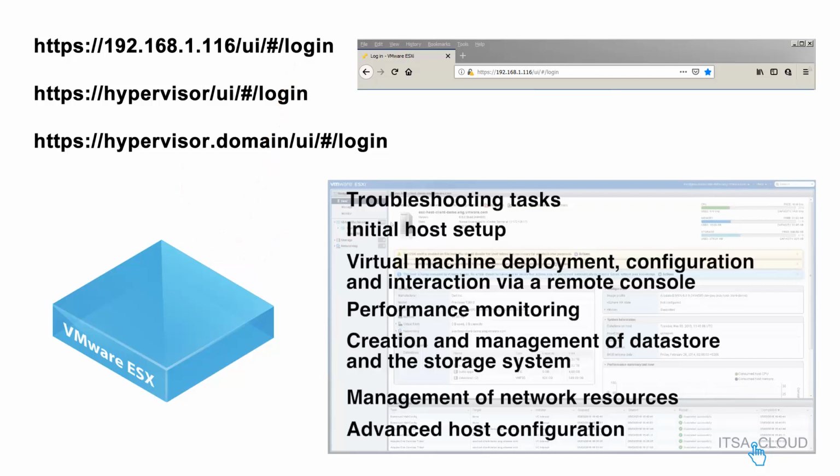know. Let's take for example that you have a vCenter in your environment and this host is part of that vCenter.